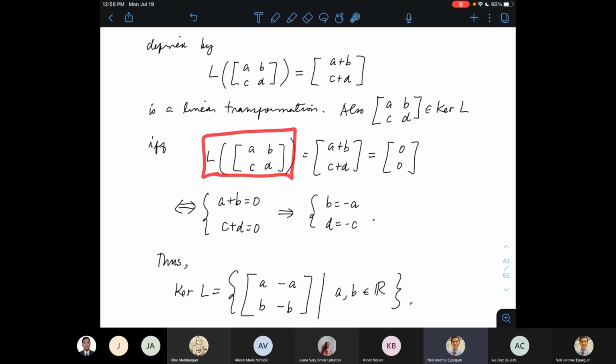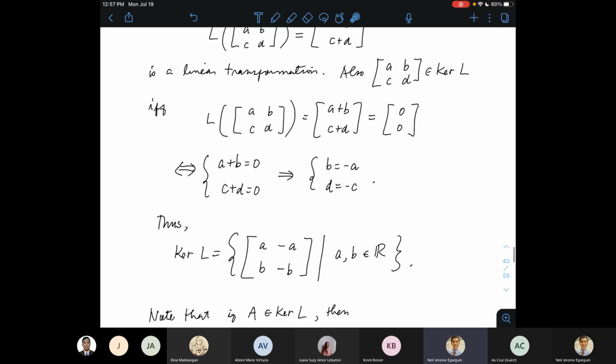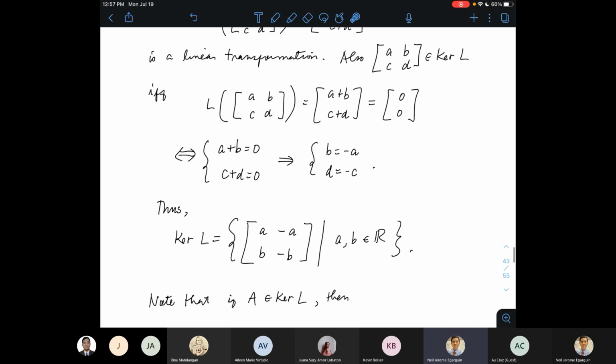But if we evaluate this, that will just give us A plus B, C plus D by definition of L, right? And then equate that to the 0 vector. That will tell us that A plus B must be equal to 0 and C plus D is equal to 0. And then we need to solve for conditions on A, B, C, D. And those conditions will be conditions for that matrix to be in the kernel of L, right? From the first equation, we'll see that B is necessarily equal to negative A. From the second equation, D must be equal to negative C, and A